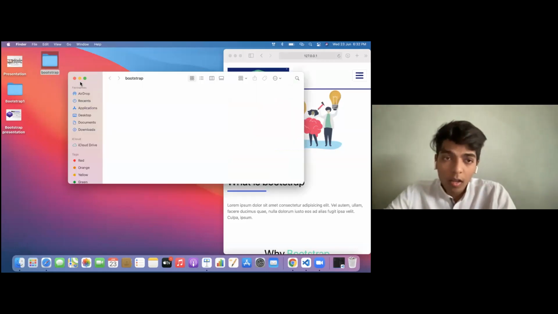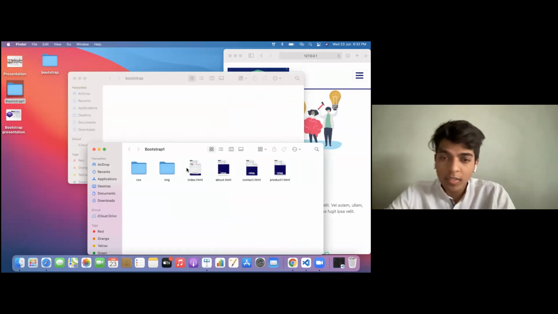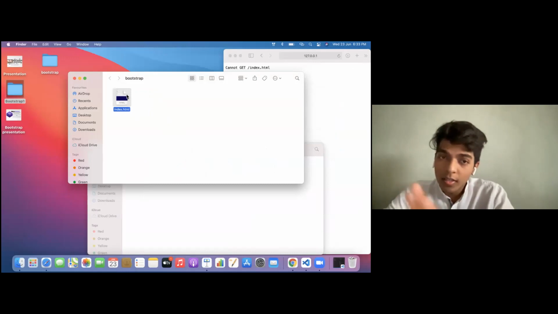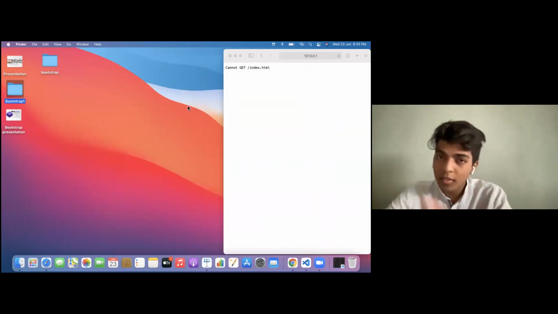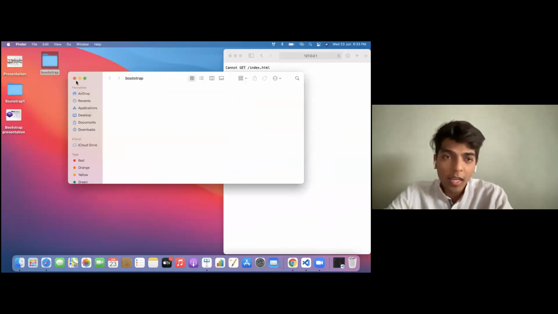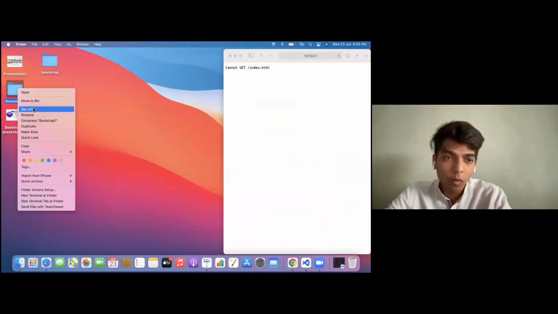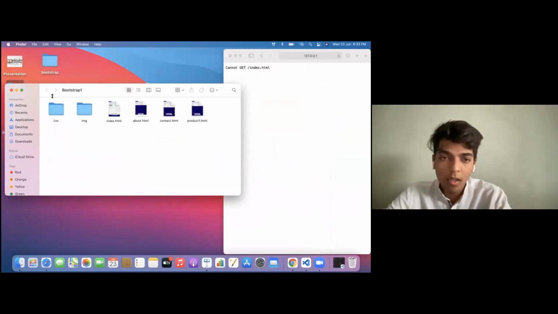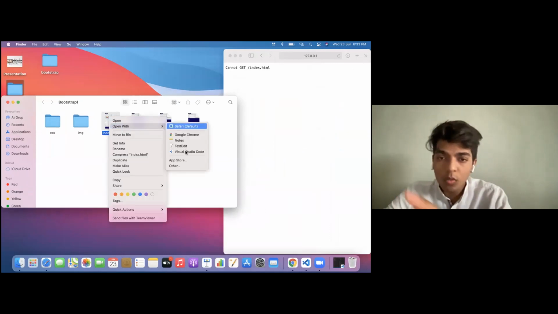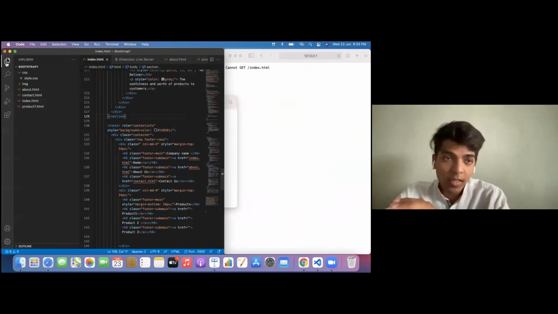So you will be pasting your style sheet. What you will be doing is, supposedly this is the boilerplate that was provided to you. You will be pasting that boilerplate here. This is done. The boilerplate has been pasted. I'll then click on the folder and open the boilerplate that was shared with me, and open it with Visual Studio Code. You won't be getting anything because your boilerplate is empty.